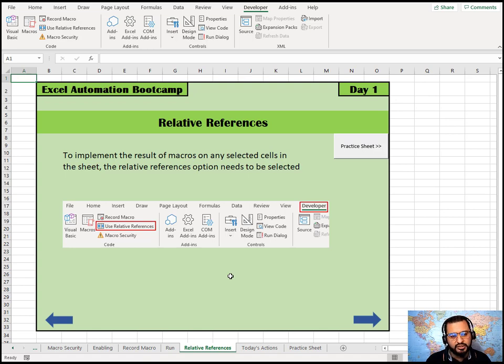But if you want it to run on any cell that you select, then you could choose the option of relative references. So to apply the result of a macro to any selected cells on the sheet, the Relative References option needs to be selected. This option is under the Developer tab, below the Record Macro option. Let's see an example of that.